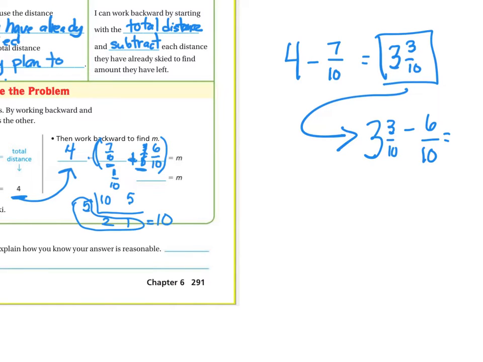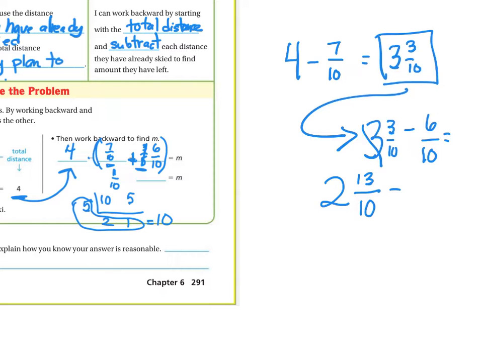Can we take 3 away from 6? No, you can't. You can't take 3 minus 6 because it's too small. So we have to change that to 2. We add 10 to the 3, right? And we get